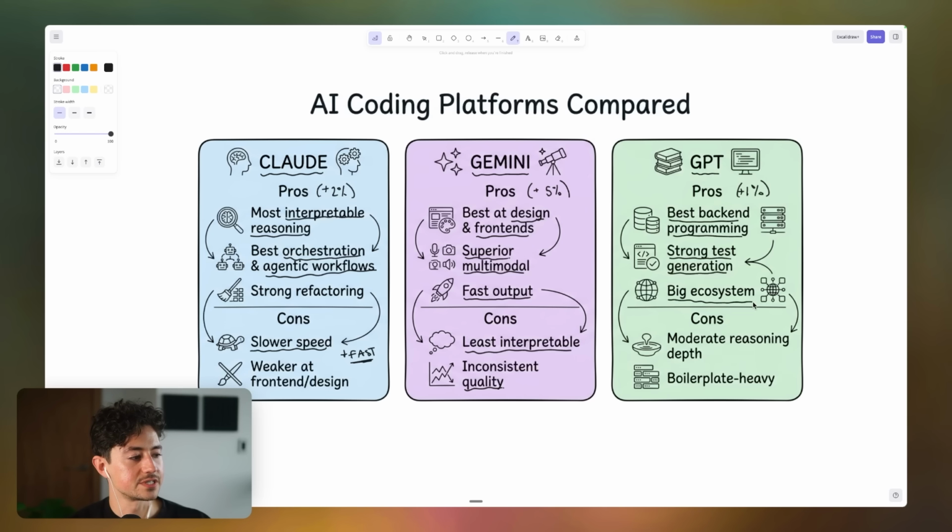There's also quite a big ecosystem of different apps, and there's a lot of documentation online about how to use various GPT workflows and stuff like that, because this was the first major player to the AI agent market. I'd give it sort of a 2 out of 3 on the rest of these. I think Claude is much better at its interpretability. It's much better at orchestration and stuff like that. But GPT, being a model that just came out quite recently, a 5.4 anyway, is obviously topping the charts right now on a lot of stuff.